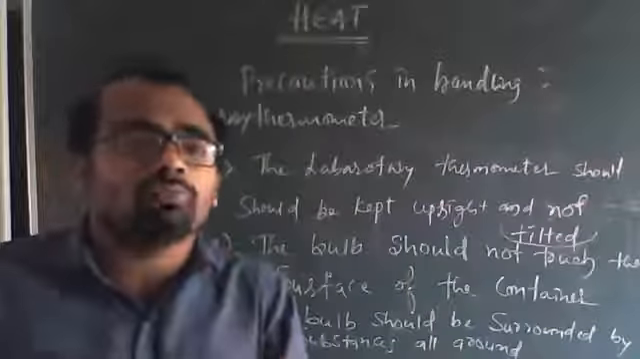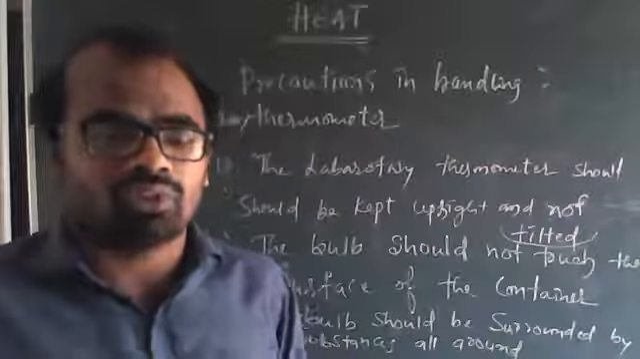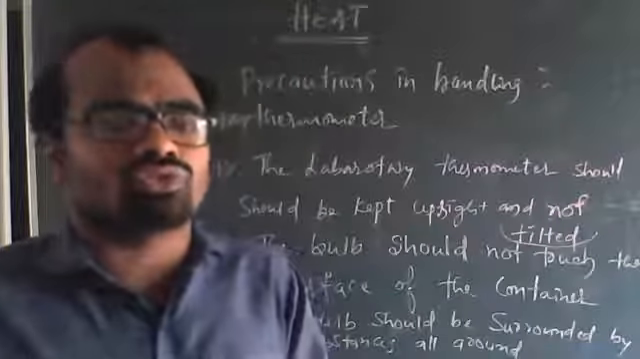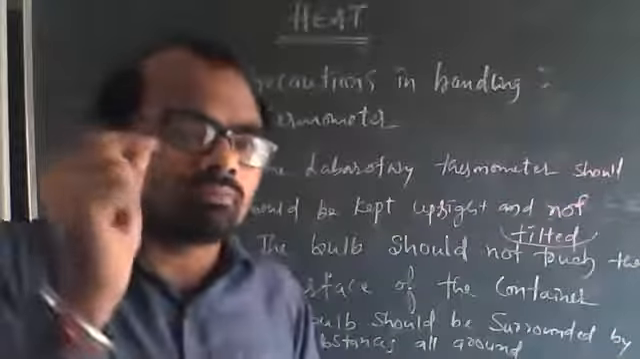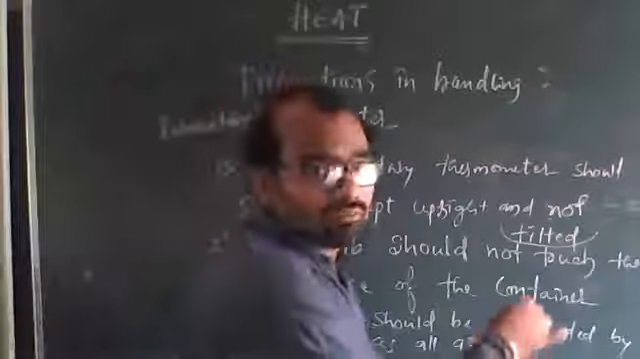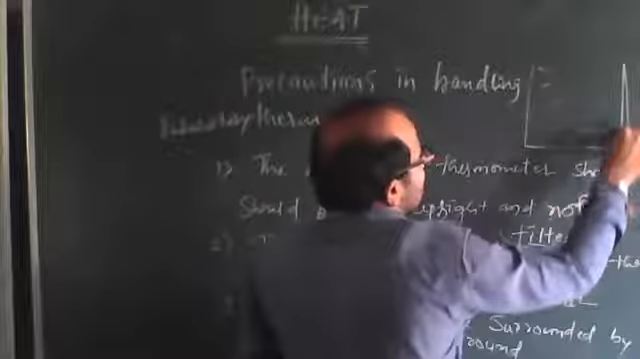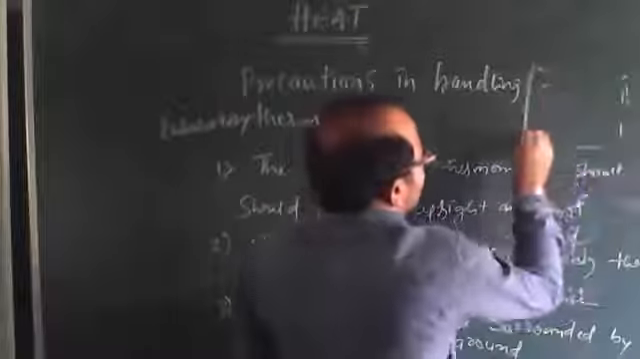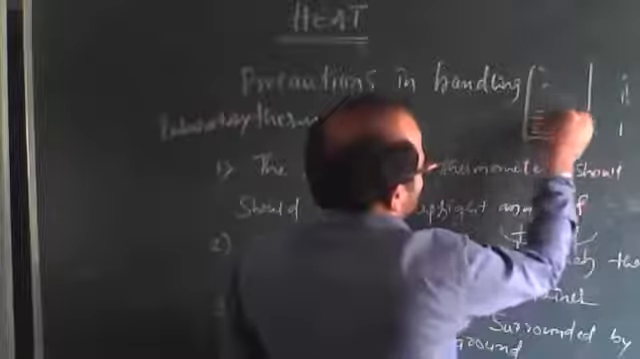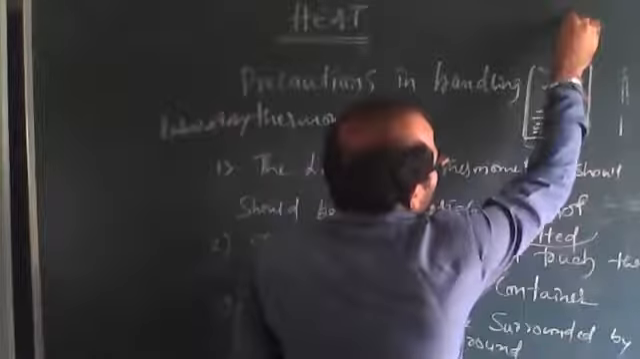Second one, the bulb should not touch the surface of the container. As I showed you last class, there is a bulb at one end. It should not touch the surface of the container. For example, if you are measuring a liquid, liquid is present like this. When you keep this laboratory thermometer here,